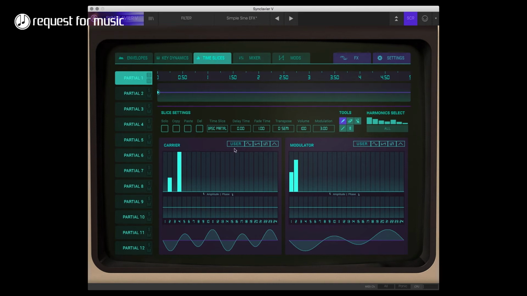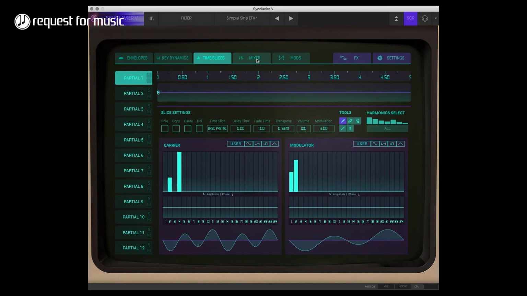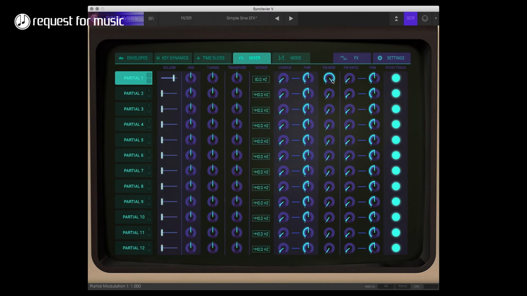And if you wanted to sustain a bit more, obviously you could go back into the envelope and maybe turn up the sustain level for this. So something like that. So you could do a lot with that, and obviously you could go back into your mixer again and give it a bit of fine tuning on the chorus, for instance,